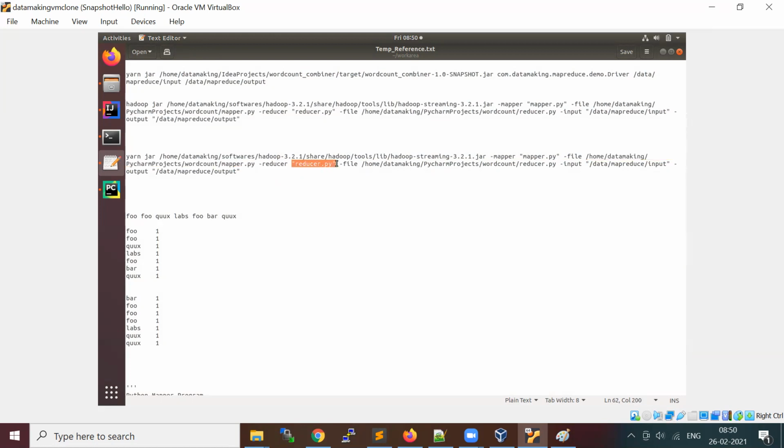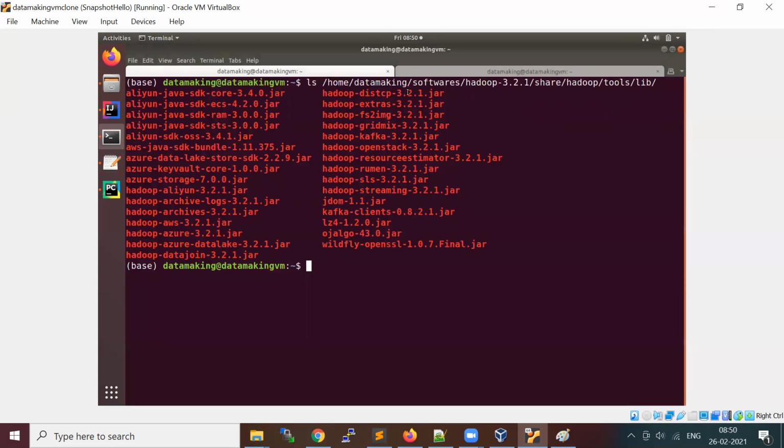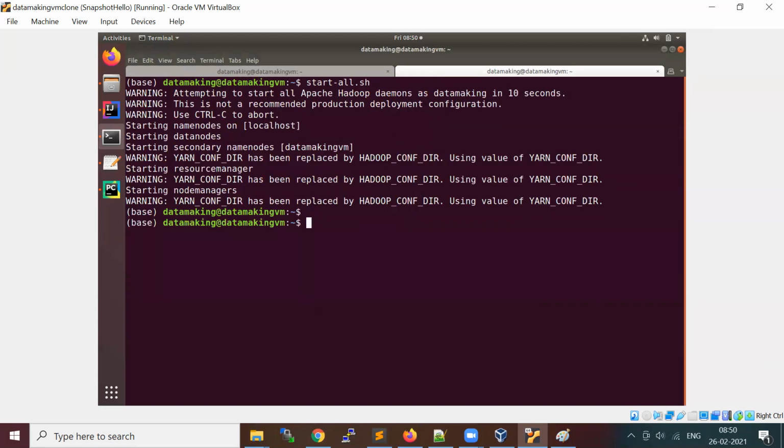You provide the reducer program name, and also using the file property, the reducer.py file path. The input path is the sample.txt we ran yesterday for word count. And using the hyphen output property, you provide the output path in HDFS. So let's run.